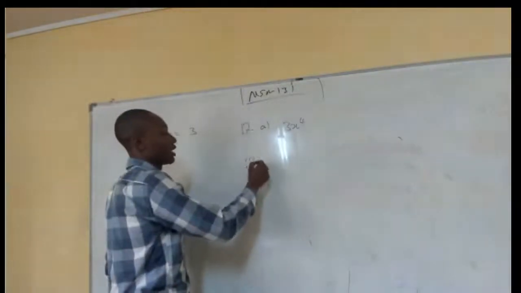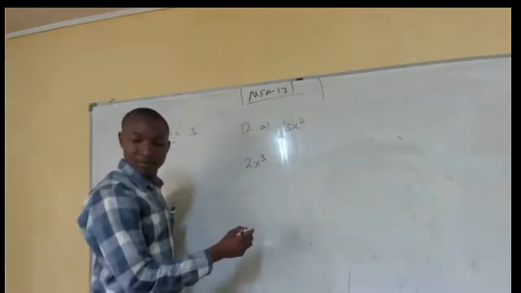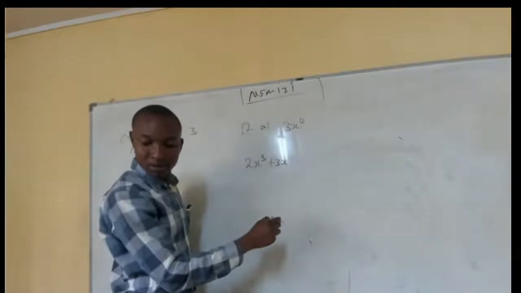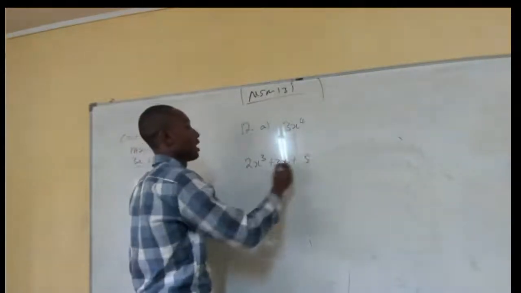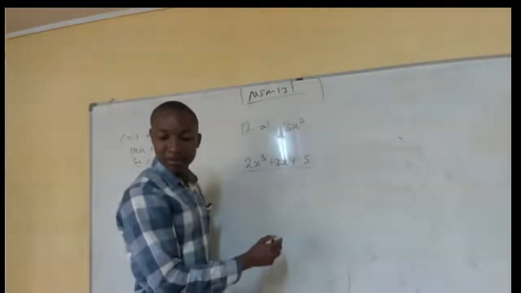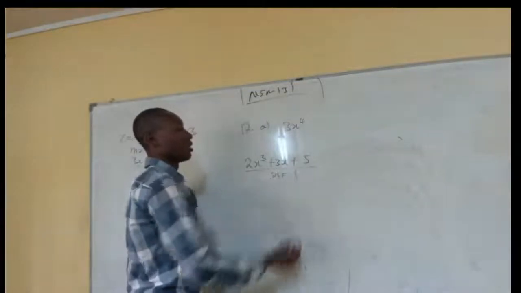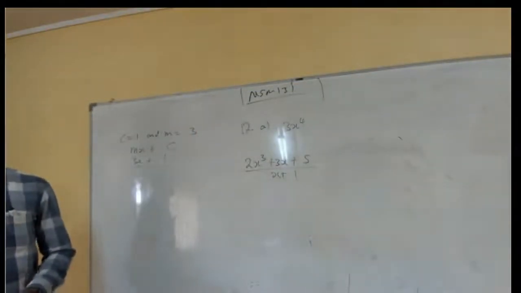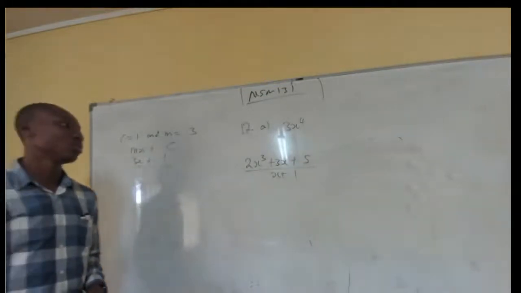This says 2x cubed plus 3x plus 5 divided by x plus 1. Alright, so for me to simplify this, I'm going to use